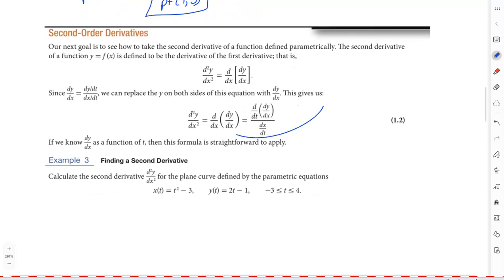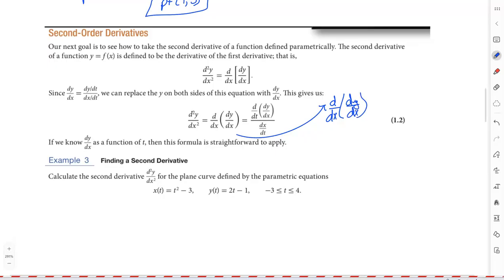So we've got d squared y over dx squared. That's notation for the second derivative, and what that means is we're taking the derivative of the first derivative. So I'm taking d over dx of dy over dx,